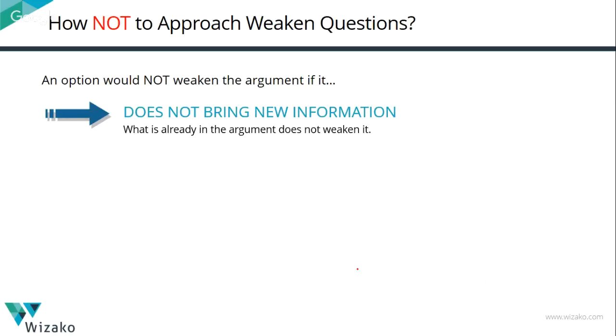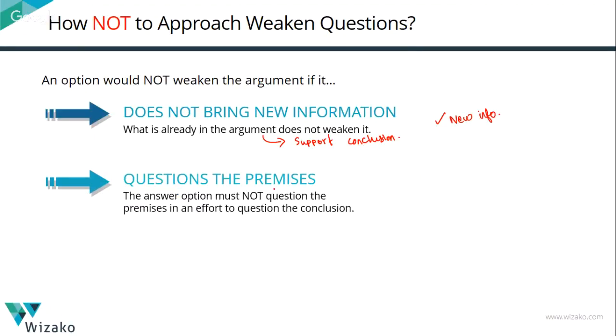But think about it. What has already been given in the argument has been given by the author in order to lead to his conclusion, in order to support his conclusion. So if I stick to only the information that is given in the argument, how will I be able to weaken it? An answer option has to bring in new information that is not already there in the argument. So only when I bring in new information can I point out to the author, look, you've missed this, and therefore you would be able to weaken the argument. So don't look for an answer option that repeats what's already there. Don't eliminate answer options simply because they are bringing in new information. This is another common mistake that people make.